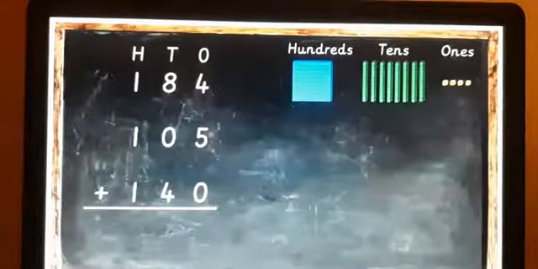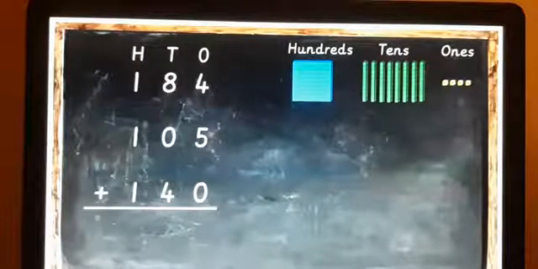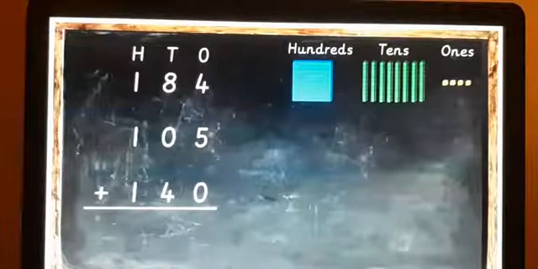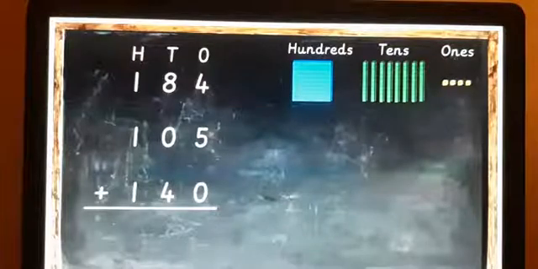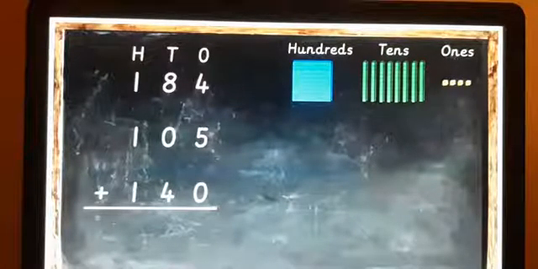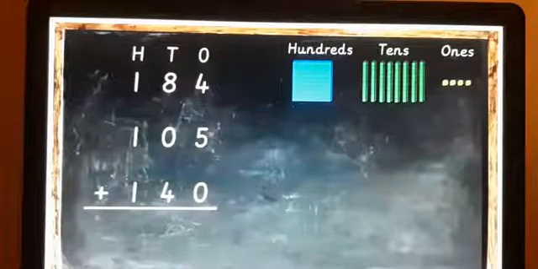Okay, you can see 184 means one blue sheet with 100 square units, and in tens place 8 tens, that is 10 unit stripes, and in ones place 4, that is 4 dots or 4 square units, or 4 dice. Again the same for 105: one blue sheet, that is the whole 100 units, and tens is 0, so there is no value, it will be 0 in tens place. And in ones place 5 are there, 5 dots or 5 dice.